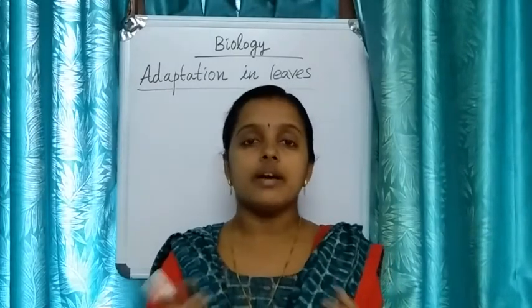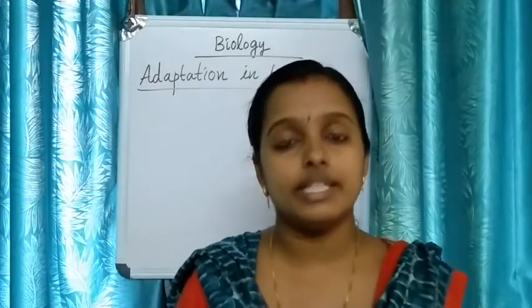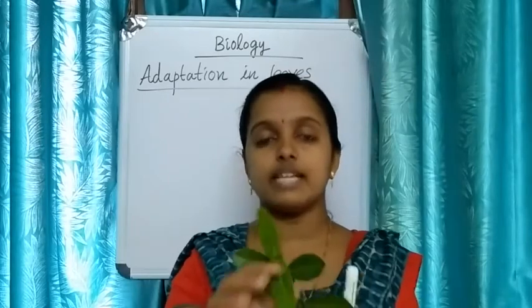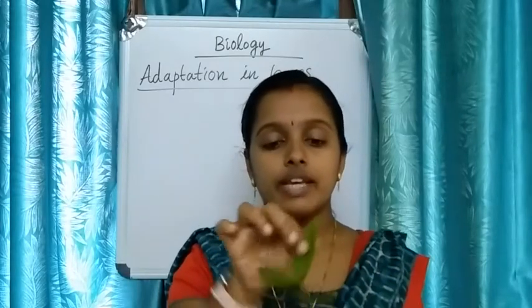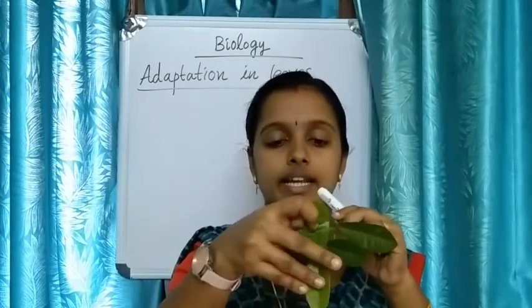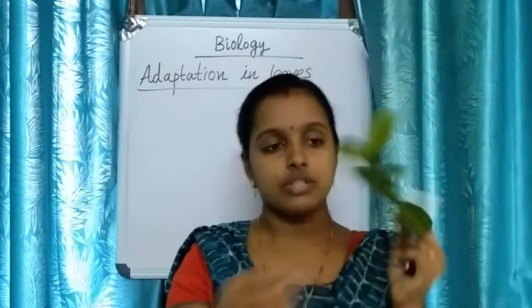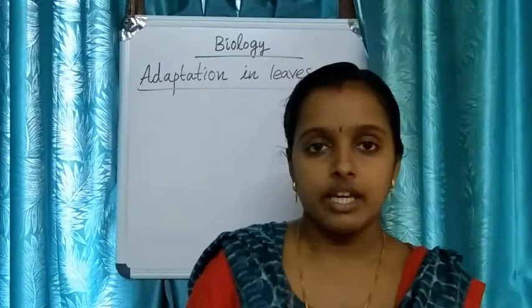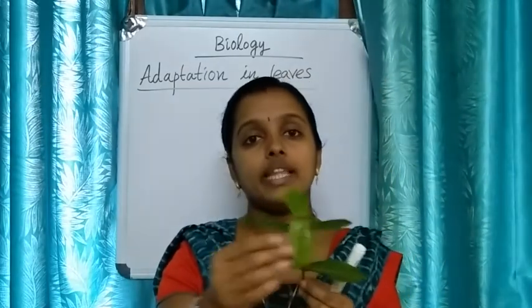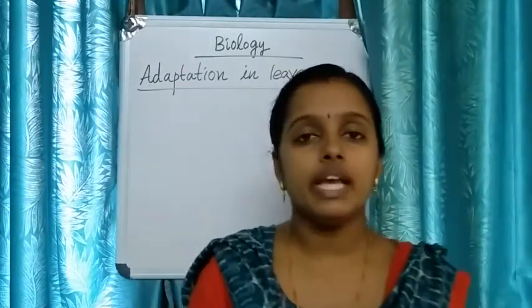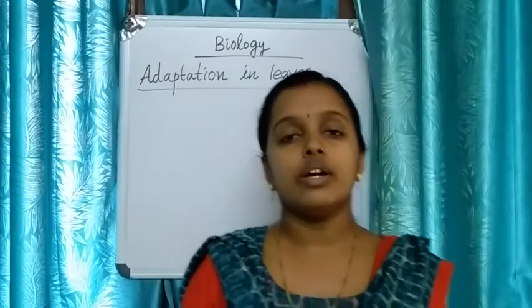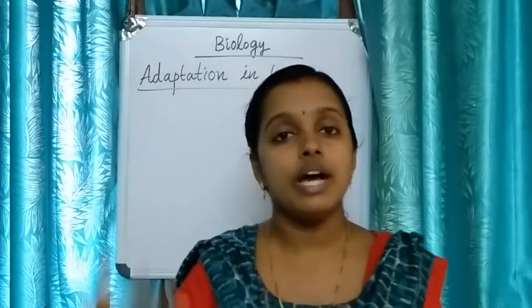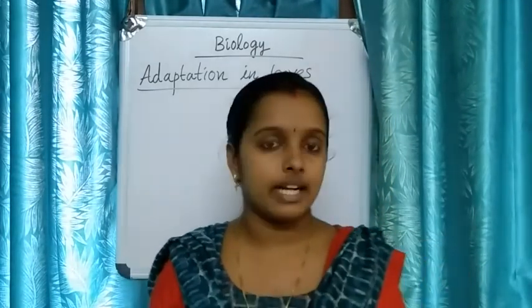Arrangement of leaf, the leaves are arranged at right angle to each other. One example is in case of Ixora. We can see that the leaves are arranged at right angle to each other. So all the leaves will get maximum amount of sunlight. If they are arranged like this, all the leaves will be equally exposed to the sunlight. So that also will help the leaves to trap a maximum amount of sunlight.